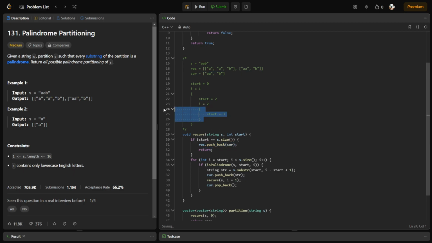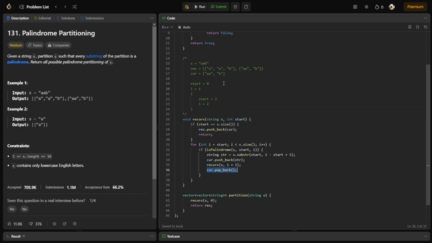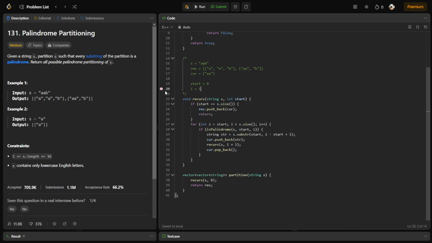and then return. So return here, pop back, and then increment I to 3. Once it's 3, exit this for loop, exit here, and then this will exit. We pop back again, pop back here, and now I will now increment,